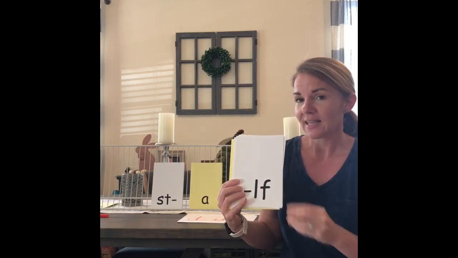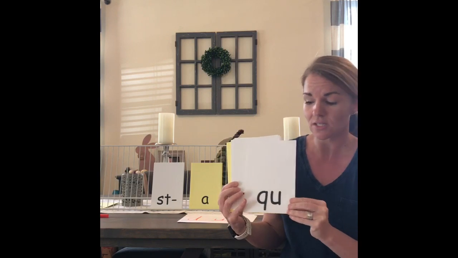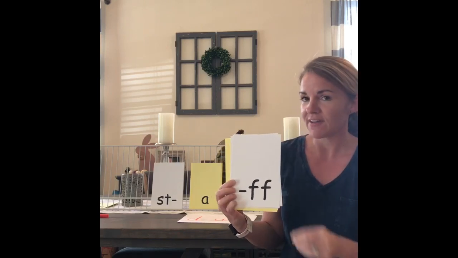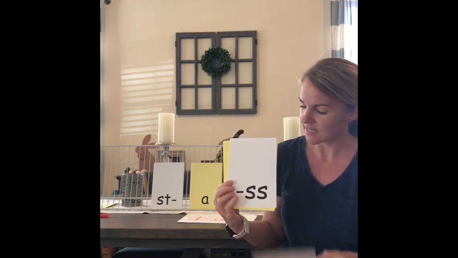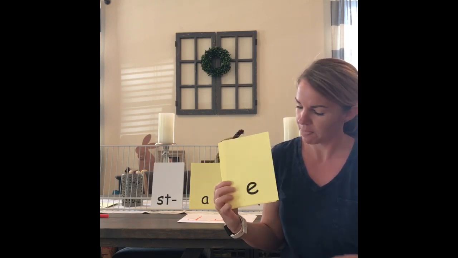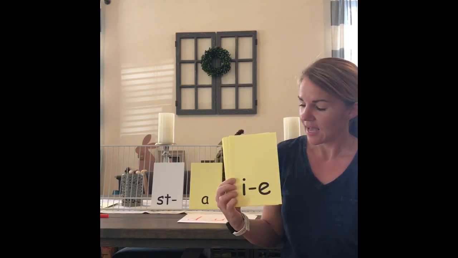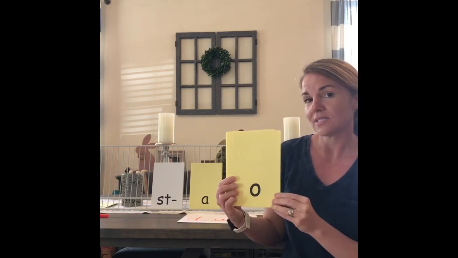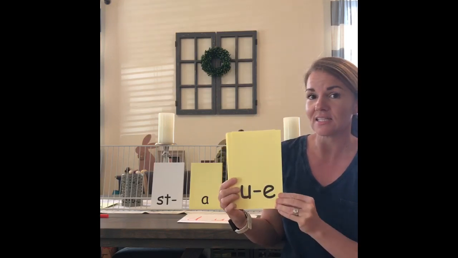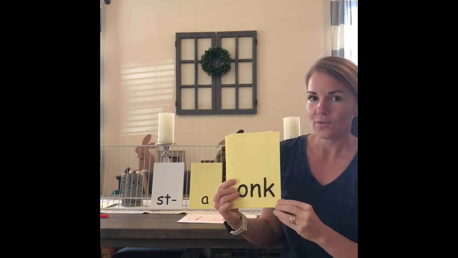LP says oop, LF says oof, LD says old, LK says ook, QU says qua, ED says id, d, and t. LL says ol, FF says f, ZZ says z, SS says s, A says a, A magic E says a, E says e, E magic E says e, I says i, I magic E says i, O says ah, O magic E says o, U says u, U magic E says u, A and K says ank, I and K says ink, O and K says onk,